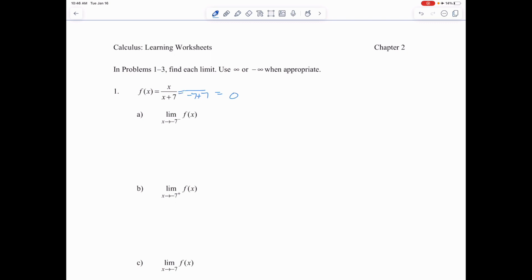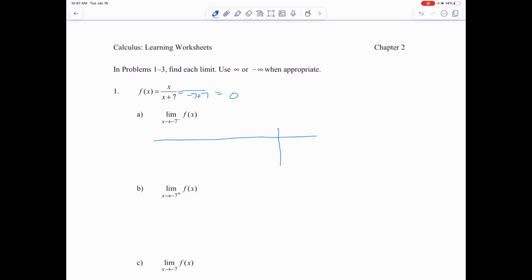So we cannot plug it in. So we're just going to have to look at what happens around -7 and values that are smaller than -7, as it gets closer and closer and closer. So really you're looking at, if I'm going from the left, I want to know,